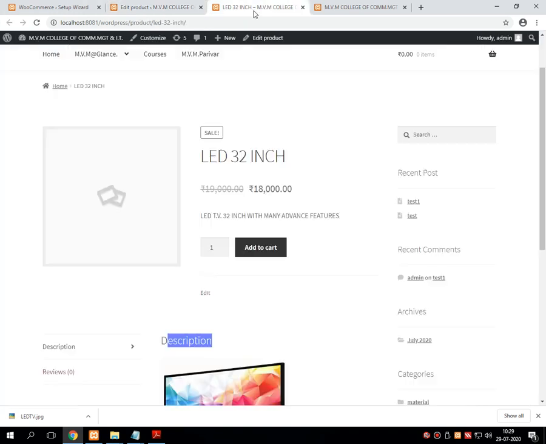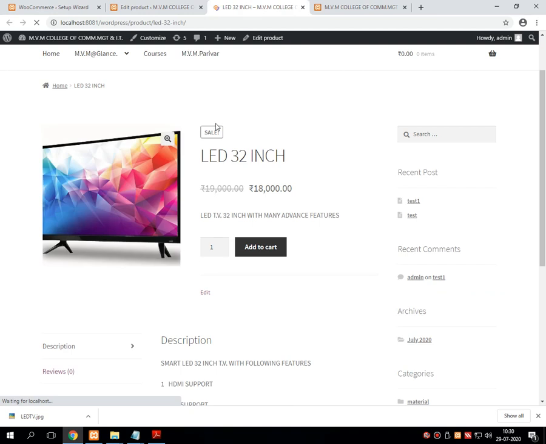Once the updation is done, just refresh the page and here you will get your product image.